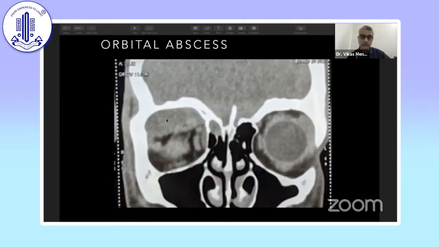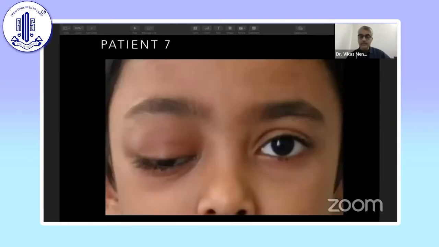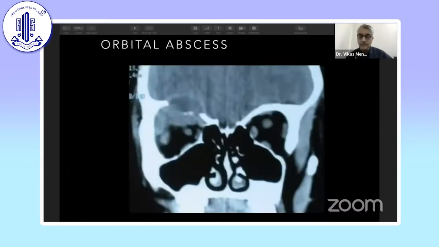You go looking for a perfectly hypodense, round, cystic kind of lesion. It may not appear so in the initial phases. It may just look like this. And once the pus liquefies, then you get those perfectly hypodense pus-type lesions in the orbit. Now, having an abscess in the orbit is a really serious condition, and this kind of picture should never be missed. One should always get imaging done because of what may follow, particularly in a situation like this,